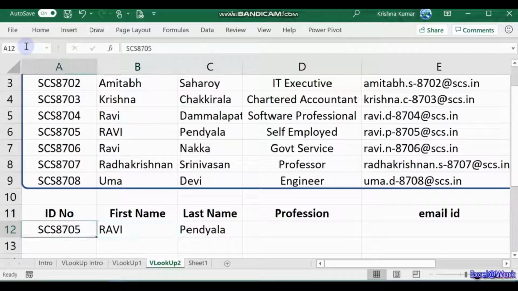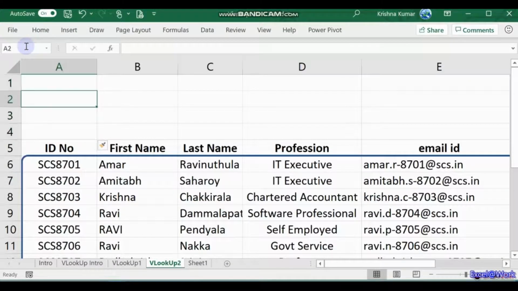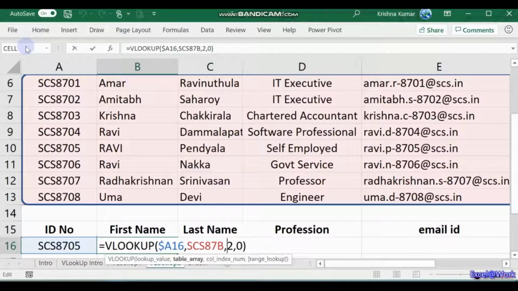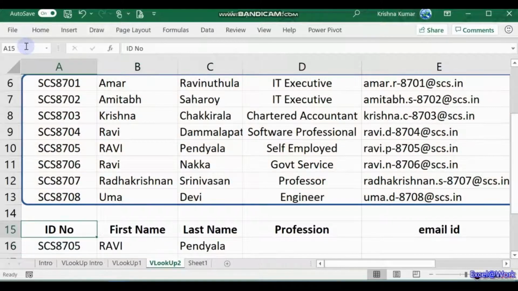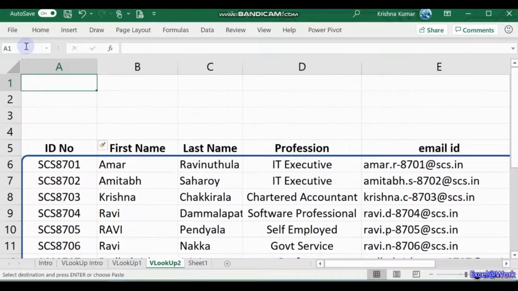Let's make it even easier. For this, we'll just do a small edit in the data portion. Since the data starts from A1, let us move it a bit below. Let us start from A5, A6. The advantage is that the address still remains SCS 87B. It didn't change. And then this is where we get the data which we want to display, let us say, in the top row.